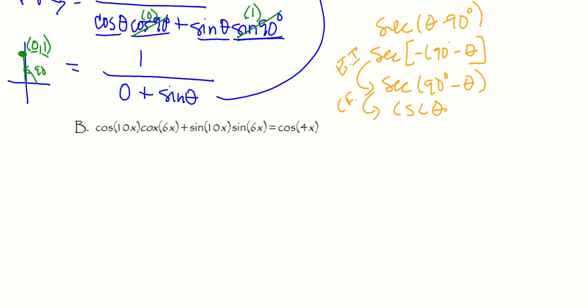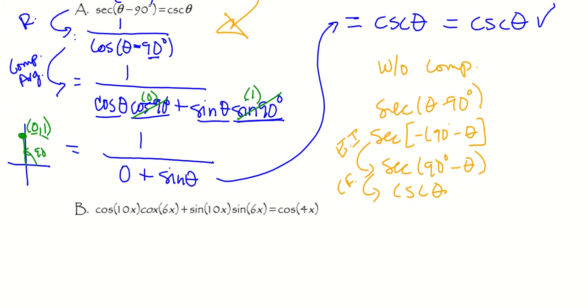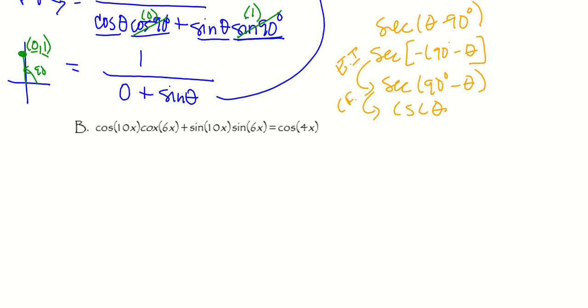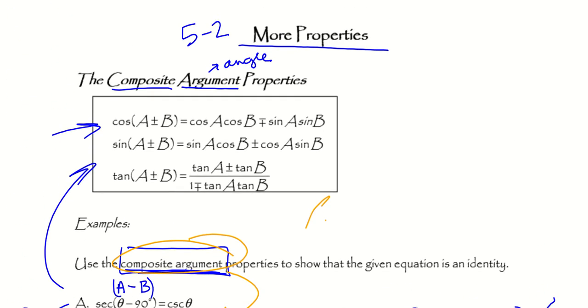Okay, here we want to show that the cosine of 10x times the cosine of 6x plus the sine of 10x times the sine of 6x equals the cosine of 4x. Well, let me go back up to my identities here, and I want to point out something. An identity is a statement that's true, and it can work forwards, which we've just done, or it can work backwards. So what we're looking at in this problem, let's come back down here,